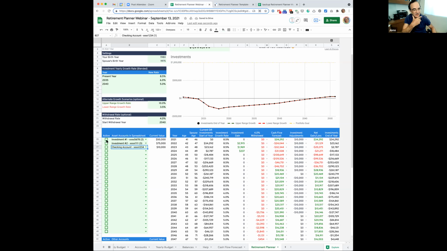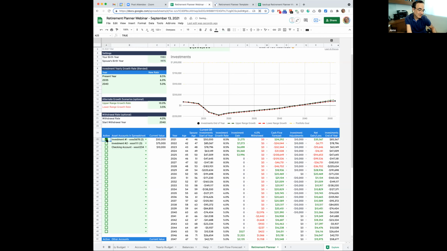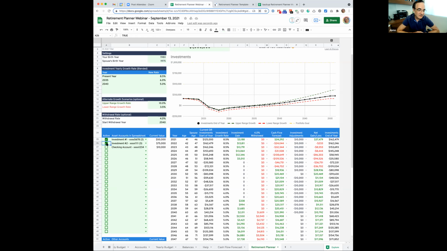The sheet doesn't include these assets until you make them active, which is a good feature, because maybe you want to include it, maybe you don't. So let's make those 2 investment accounts active, but I'm not going to make the checking account active. You can see we got 50,000 plus 75,000, so that's 125,000, and that's your starting amount